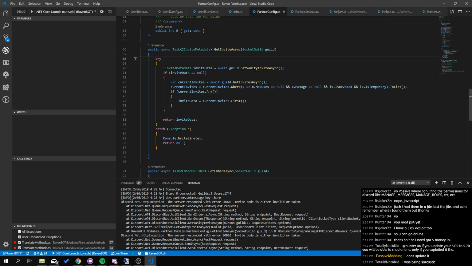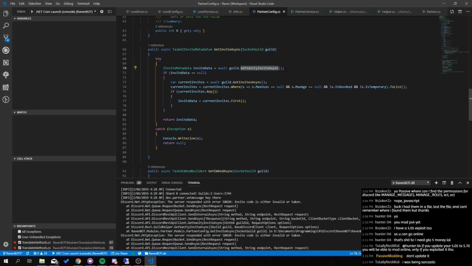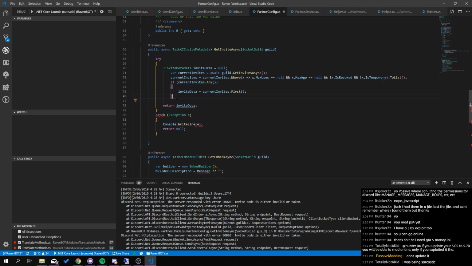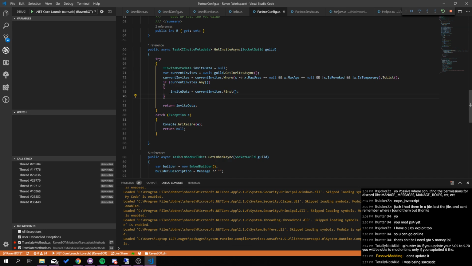Okay. So this is the issue here. If we just go by invite data equals null, then you can do that. F5 and go again. Suppose I could null check the invite again just there, but